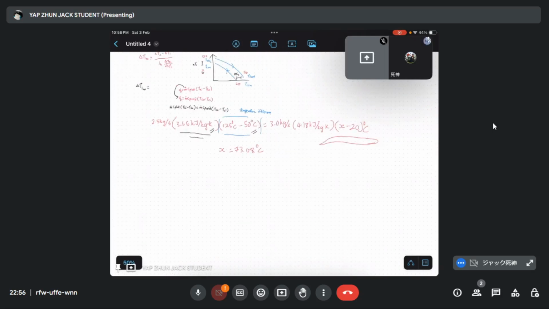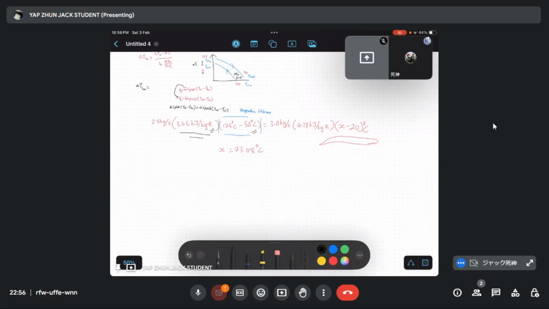When I already get this, now I need to find TLM. Actually, I already can find our TLM. So when we do TLM, we just put it all inside our formula. T2 is TH out minus TC in. You don't need to worry about this: the difference of the difference, you can't have it negative. You need to make it positive, so the biggest minus the smallest. So T2 is H out minus C in, so our H out is 50 minus C in is 20. Then minus the change of T1, TH in is 125, and then C out is